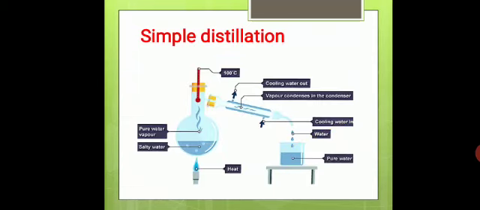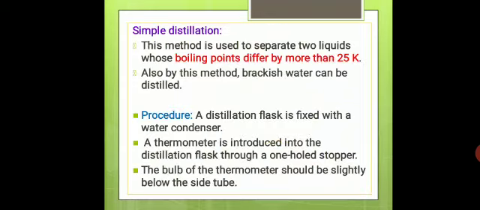First we have simple distillation. So this is the apparatus setup of simple distillation. So you can see here, this is the round bottom flask and this is the condenser, and here we have the collector beaker to collect the pure liquid or pure water, whatever it is, and you are having a Bunsen burner to heat the mixture here. Okay, now first let us see the description or the apparatus setup or procedure of simple distillation.